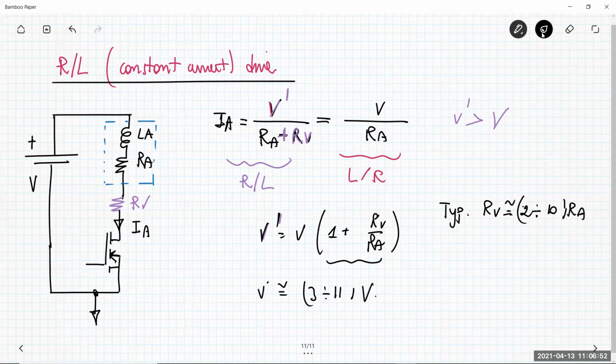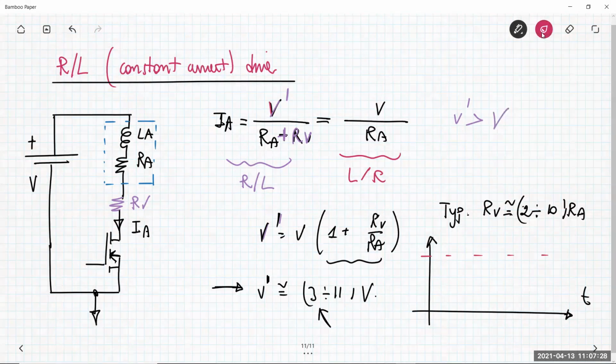So we are employing a solution, putting this resistor in series, that makes it possible to get the same current flowing to the phase when the MOSFET is on, the phase current, by increasing the voltage V, at a minimum say 3 times the value you get without this resistance, up to 10 or more. So what does it mean in terms of turn-on rapidity? That my turn on is effectively increased. The current is always the same, it is IA. But now we have something which is faster than before,